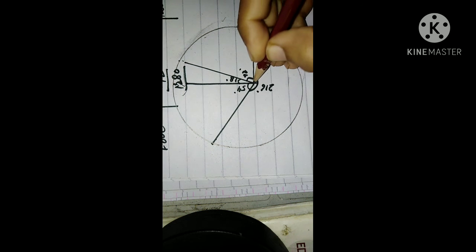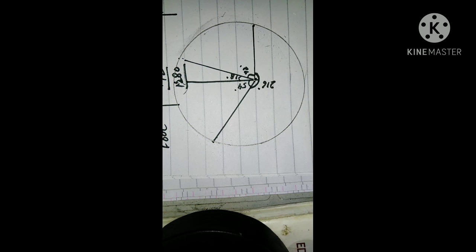Okay, so this is how you have to draw the circle with the help of the compass. When you draw the circle, you have to put the pencil in between. When you draw the circle and measure the last angle, you will see that it will automatically be 216 degrees. Now you have to put the protractor.